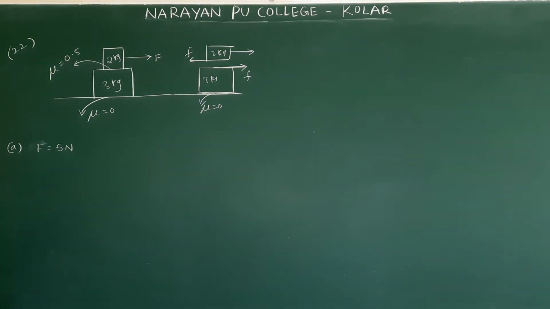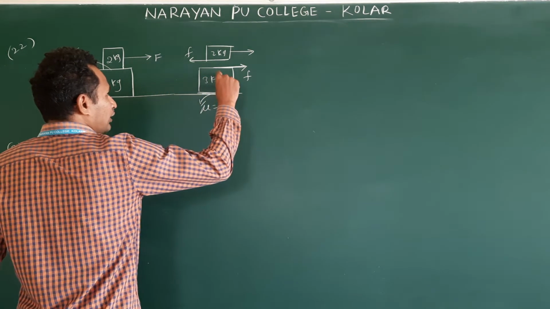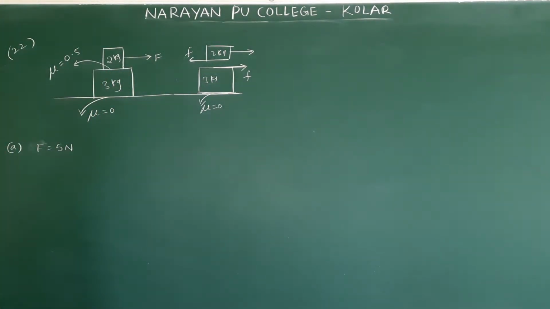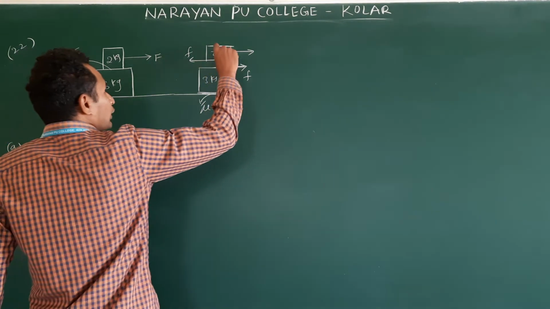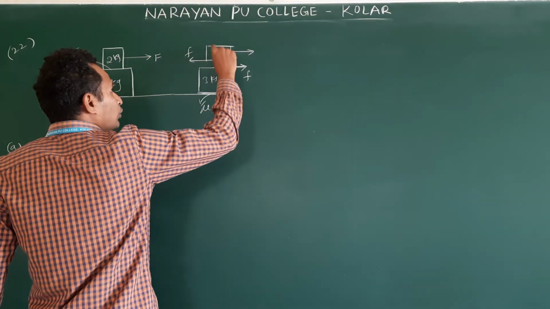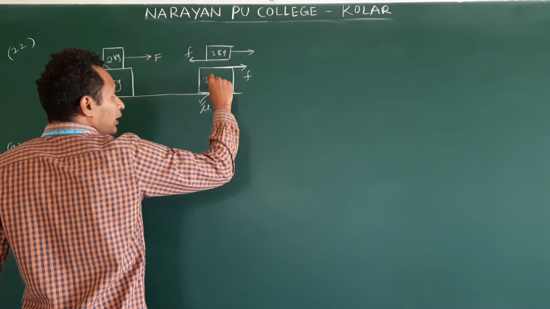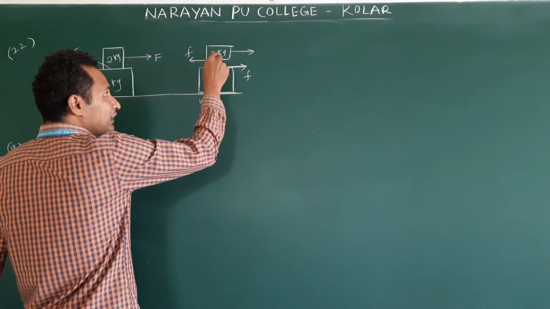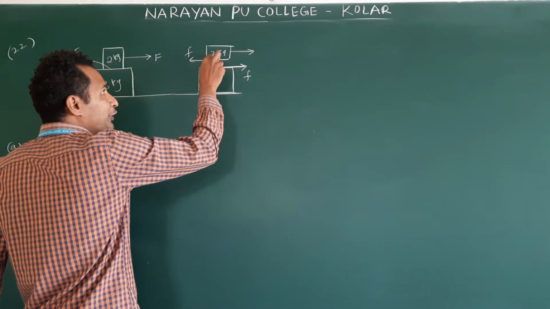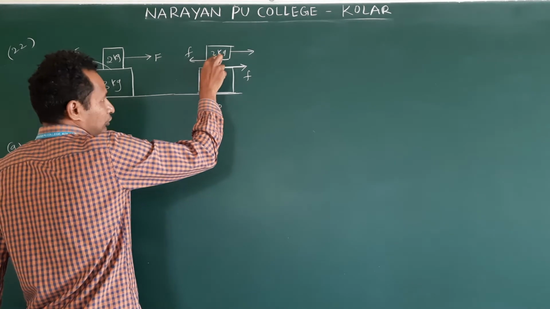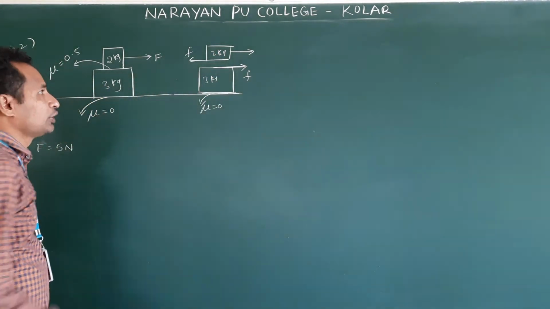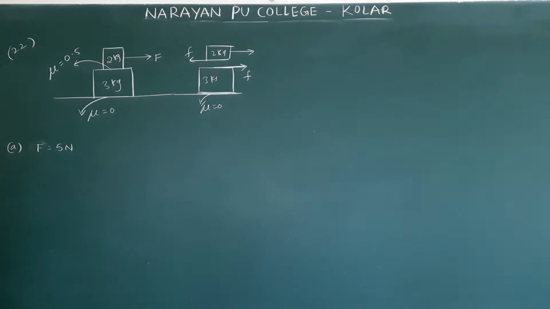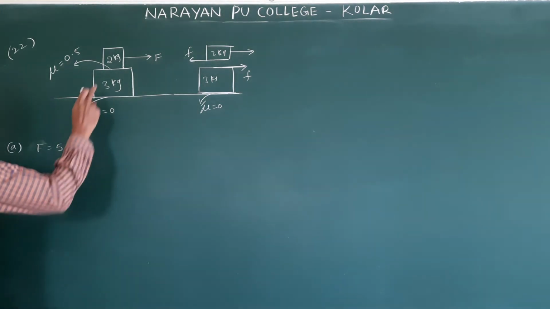Clear? See, whenever we find the friction on this, we need to see that. That's why the definition we mentioned is relative motion. Clear? So how does the 2 kg block feel the 3 kg block moving back when it is moved forward? Relative to the 2 kg block, the 3 kg is moving back. It's relative only, it is not moved back. But from the 2 kg point of view, this will move back. So the relative motion of this 3 kg is back, so friction acts in the forward direction. Clear?